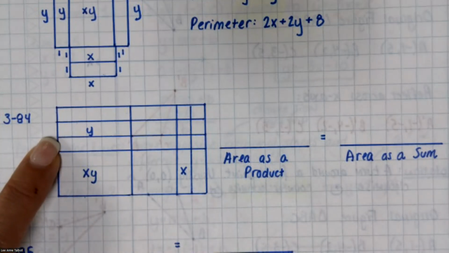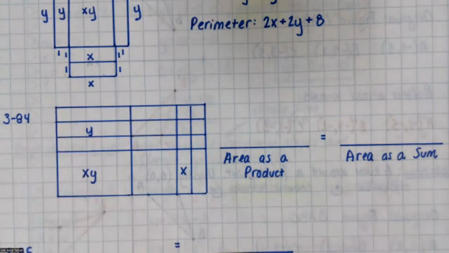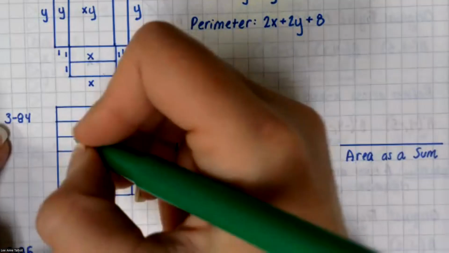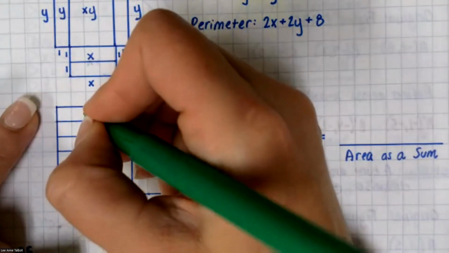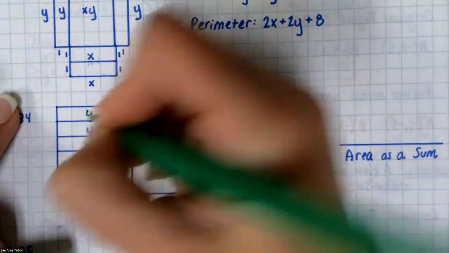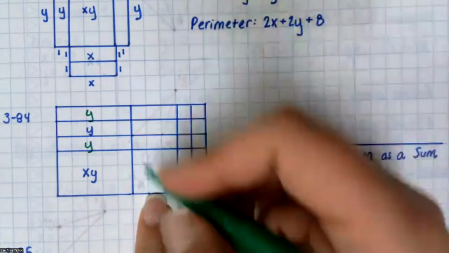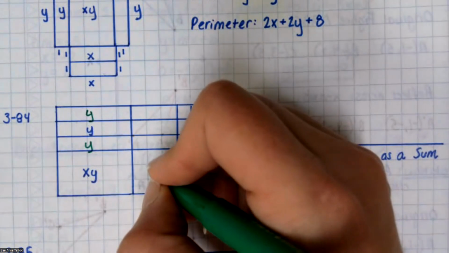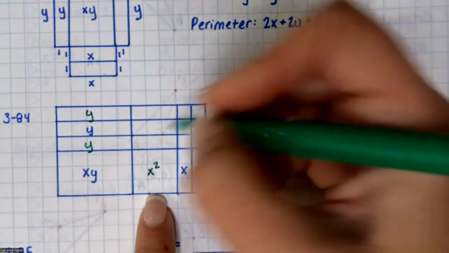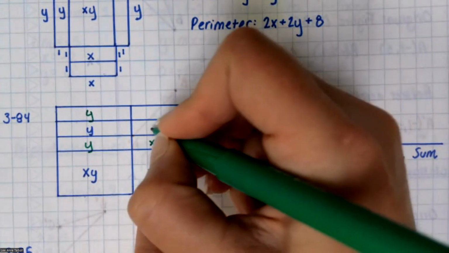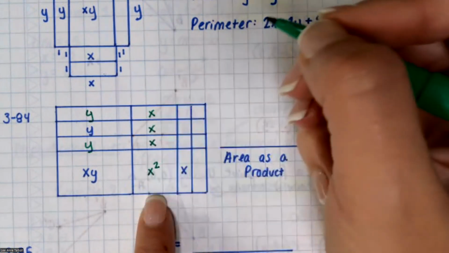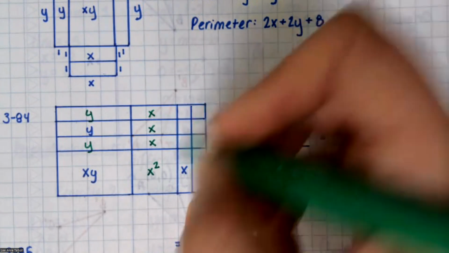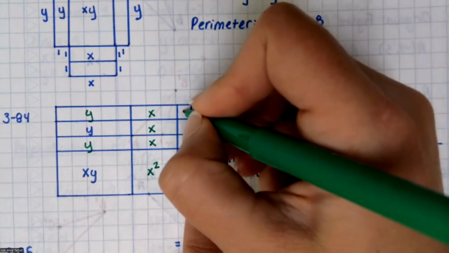What's this right here? I'm gonna actually do this in a different color. What's this tile right here? What type? Y. And this guy up here? Y, okay. And what's this tile? X squared. X, X, X. Does this make sense? Okay, what's this guy over here? X. And then all these little guys